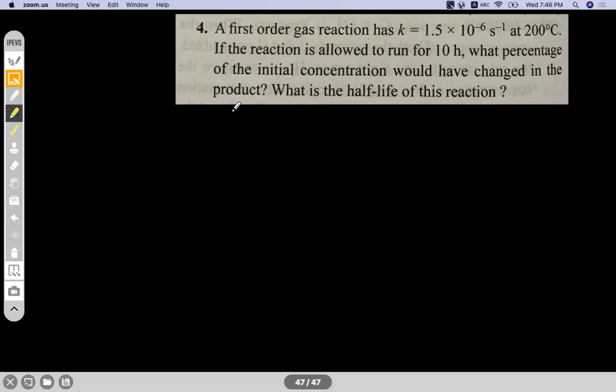Okay. They're asking for a percentage. So you just assume the initial concentration as 100, and then you can find out the half-life. So T half is equal to 0.693 by K, right? And what percentage of the initial concentration would have changed? That means the amount that has reacted, we need to find out, correct? So K is equal to 1 by T ln of 100 divided by 100 minus X,